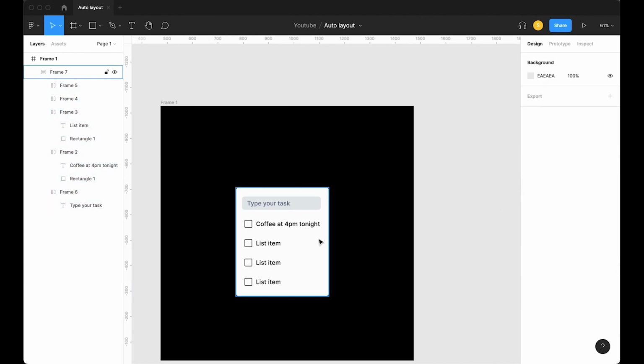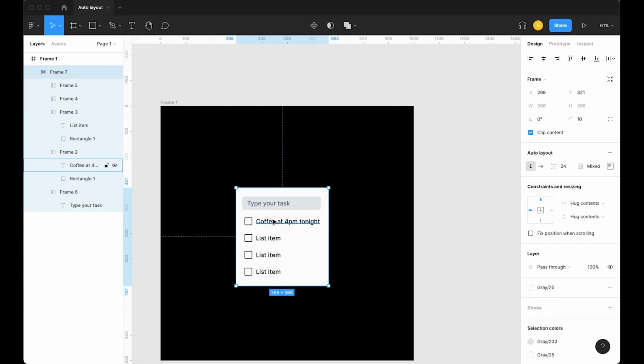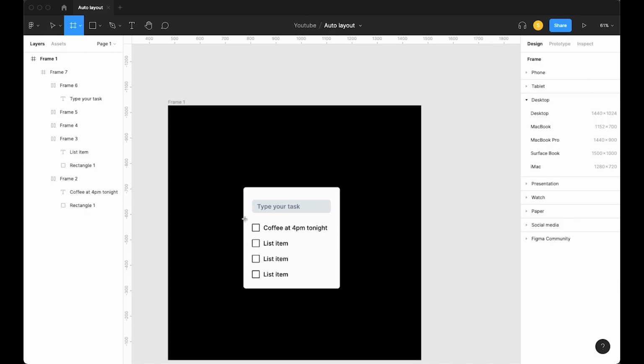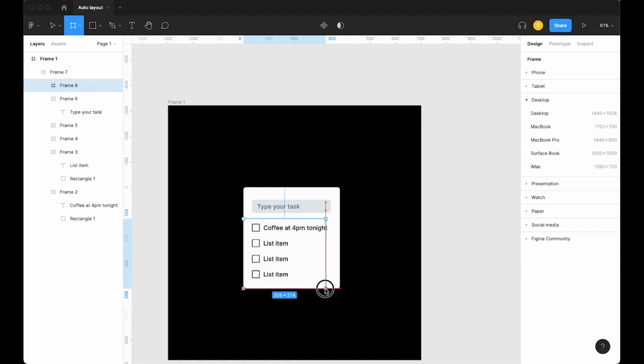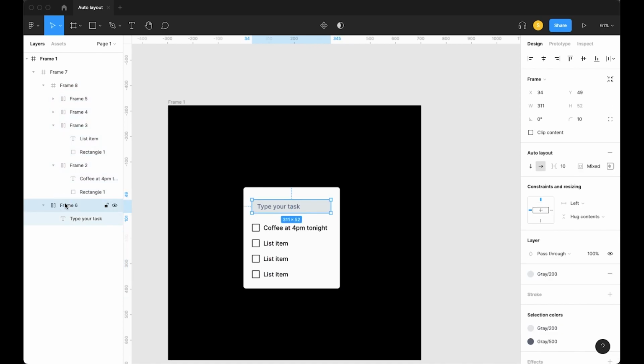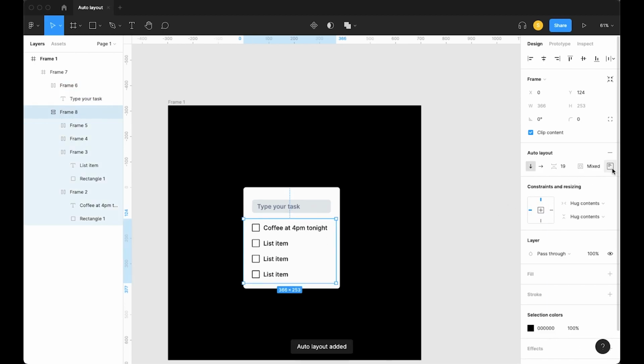Okay, and most of you will be confused, like what if I want different padding for these four, and different spacing for these four and spacing for these two, right? It's pretty simple. Don't add auto layout to the parent, right? Add another frame inside it for the child. So for this, add auto layout, change it here,